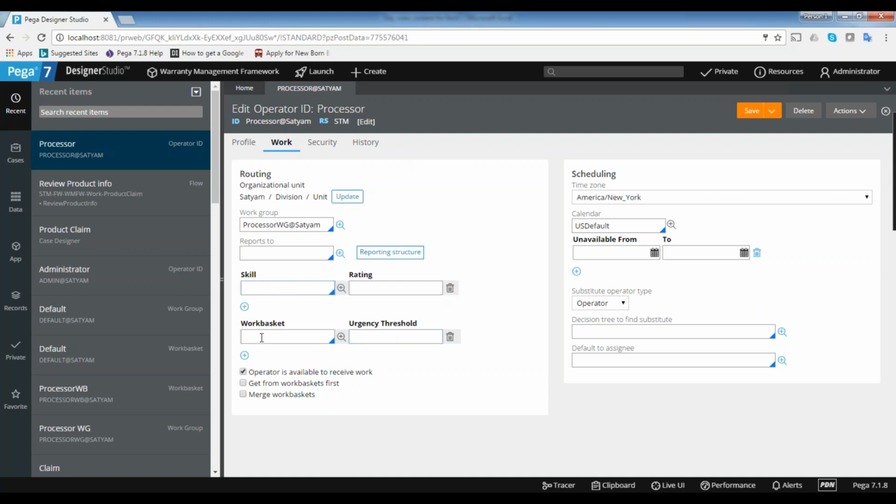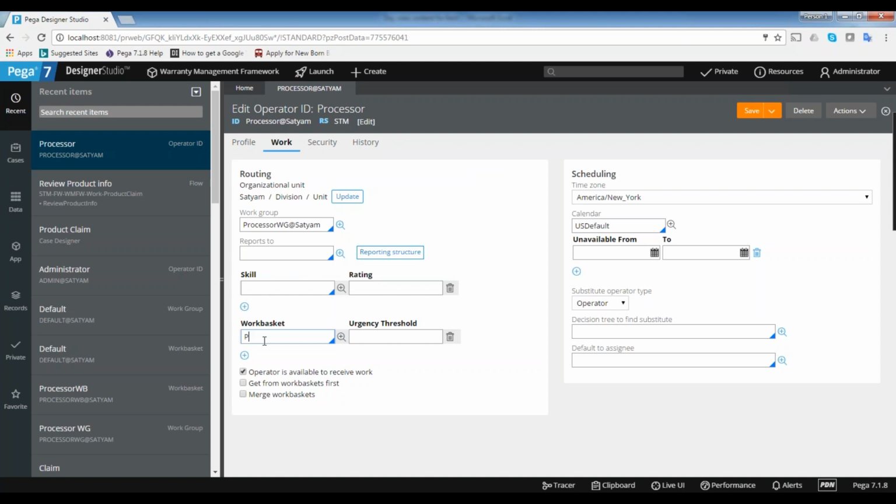So first let me show here, when you click on processor, get next assignment is not working, because you need to mention the work basket you have access to for the next assignment. When you click get next assignment, the system will analyze what is the best item for him. So if you want to get the items for the work basket, you need to give the work basket names here in the operator form. So this is for get next work item.